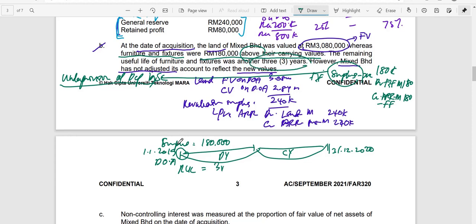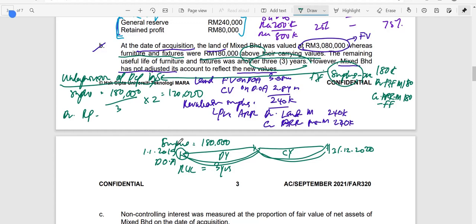So 3 years. Meaning that if it's here, it is 2 years, and by this date it will be 1 year, right? So the under provision would be taking the surplus, which is 180, divided by 3 and multiplied by 2 years. 1, 2 years, so you will have 120,000,